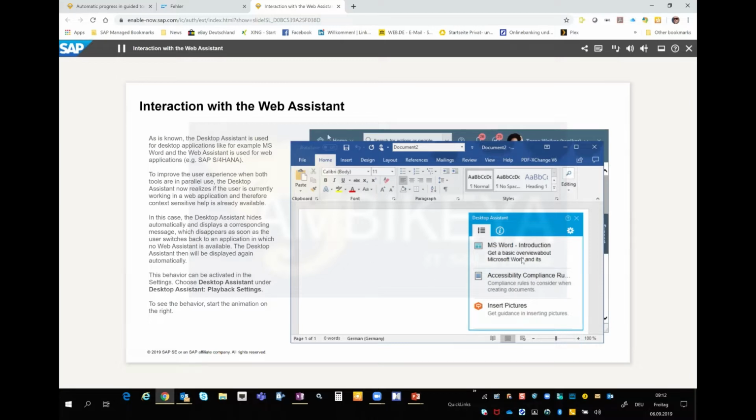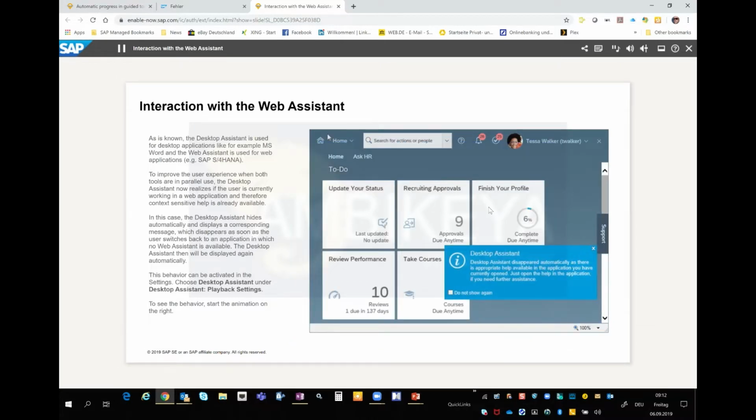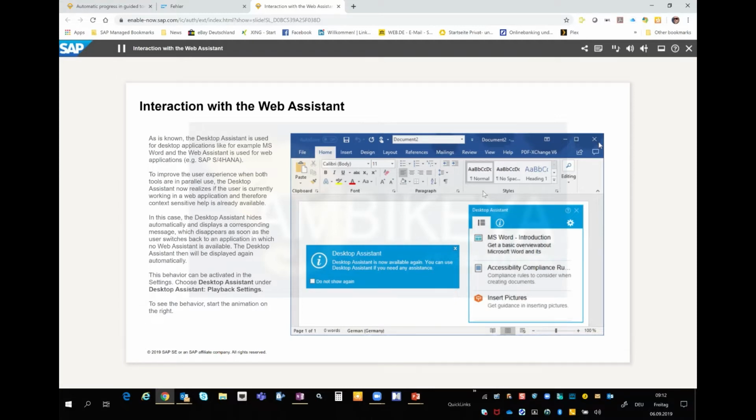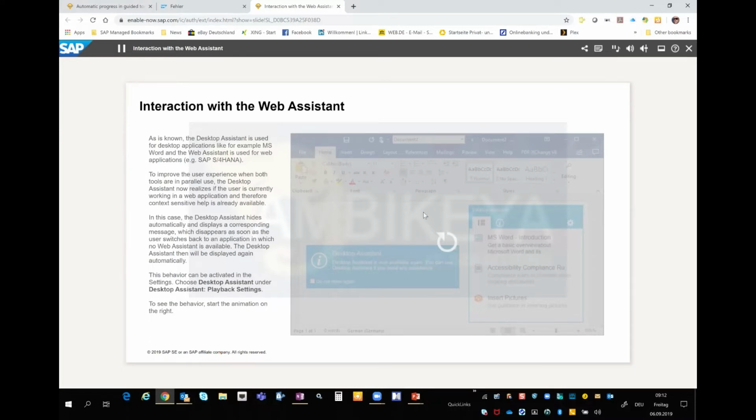I am in a desktop application. Desktop Assistant is running. The web application equipped with Web Assistant, where Web Assistant is active, question mark is there, is coming to the focus. That means Desktop Assistant goes idle and comes back to the previous state as soon as you come back to another application which is not equipped with Web Assistant. Here we go. The texts, as always, are maintainable in the playback dictionary. There are two prompts, one when going idle, one when coming back, which both can be removed with the don't show again flag. Not more than that,